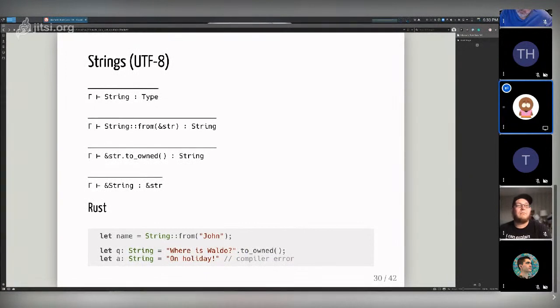And if you try to assign a string literal to a String, it's going to give you a compiler error, right? Because as we know, string literals are str references. You can't assign a str reference to a String, right? There's no way to coerce that into a String automatically. You have to use a method.